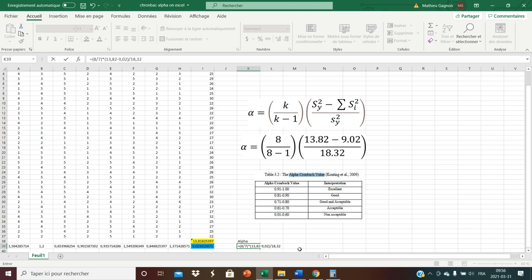Right? Just checking if it takes points or commas. Yeah, okay. Sur mon truc, parce que c'est en français, ça accepte les virgules. Maybe yours, by the way, you might need to put dots, especially if you're in English. Si votre Excel est en anglais, vous allez devoir fonctionner avec des points, pas des virgules. Okay?